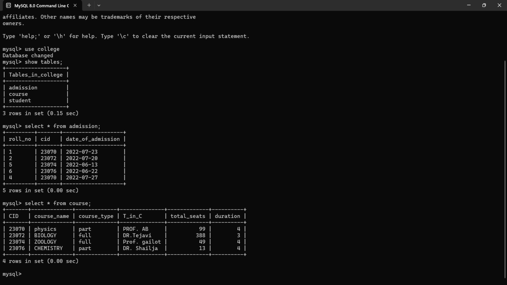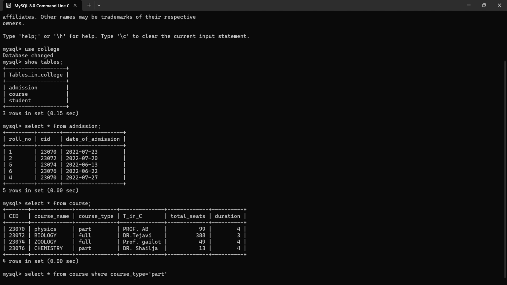So just type select star from course where course type is equal to